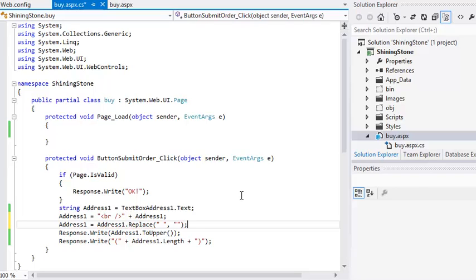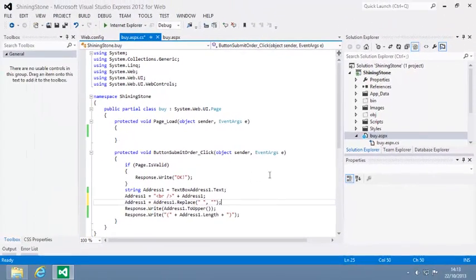This code will remove all of the spaces from the address1 string. By changing the contents of the two sets of quote marks, you could replace any part of a string with any other string. Now view the page in your browser